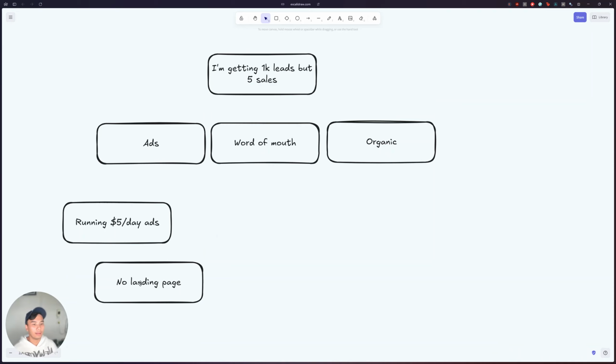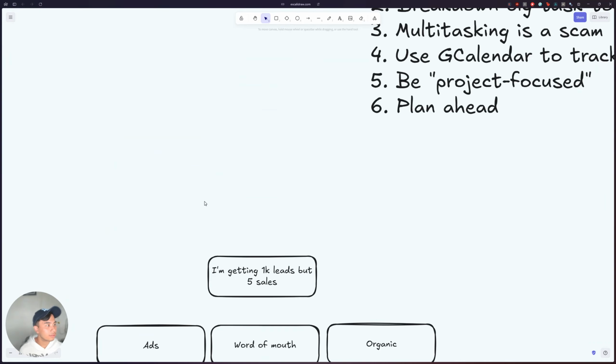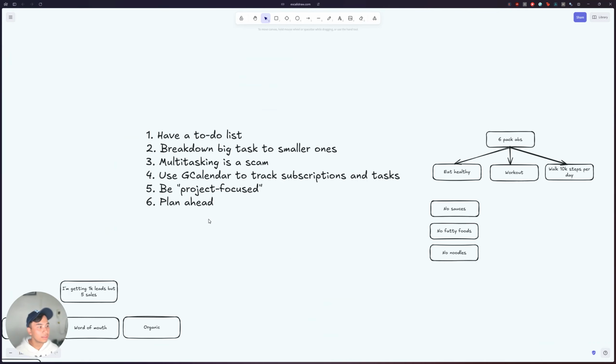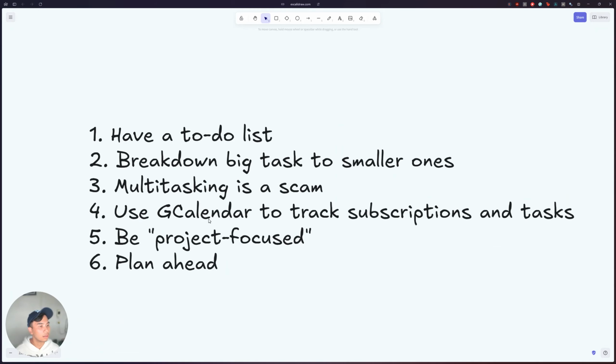The biggest thing that you can do in order to overcome a big goal is just listing them down. And you can definitely use Excalidraw, but again, pen and paper works well as well. So I think you get the point of breaking big tasks into smaller ones.